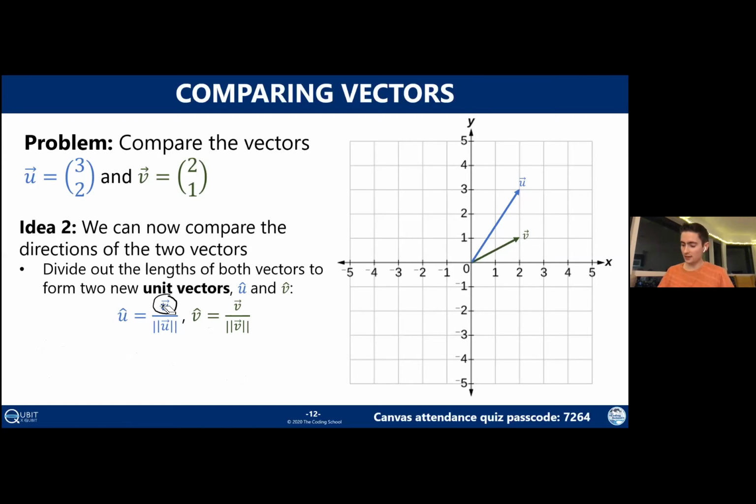The way that you actually compute a unit vector is you take the vector itself, u with an arrow above it, and you divide it by the magnitude, which is what we just saw in the previous slide. And then typically the way we denote a unit vector is with this little upward hat arrow thing. And it is actually called a hat. So if you ever hear me say u hat or v hat, it is referring to this symbol on top of the u. And it basically means that we've taken our vector u and turned it into a unit vector.